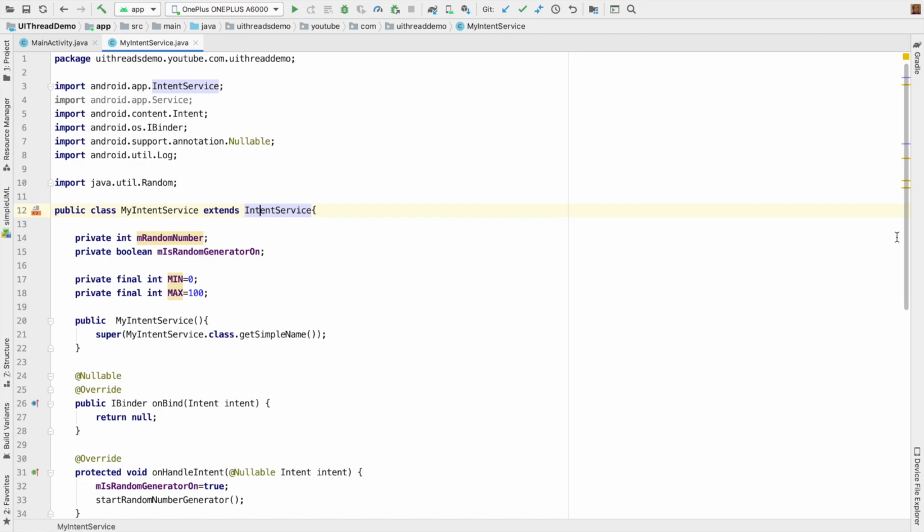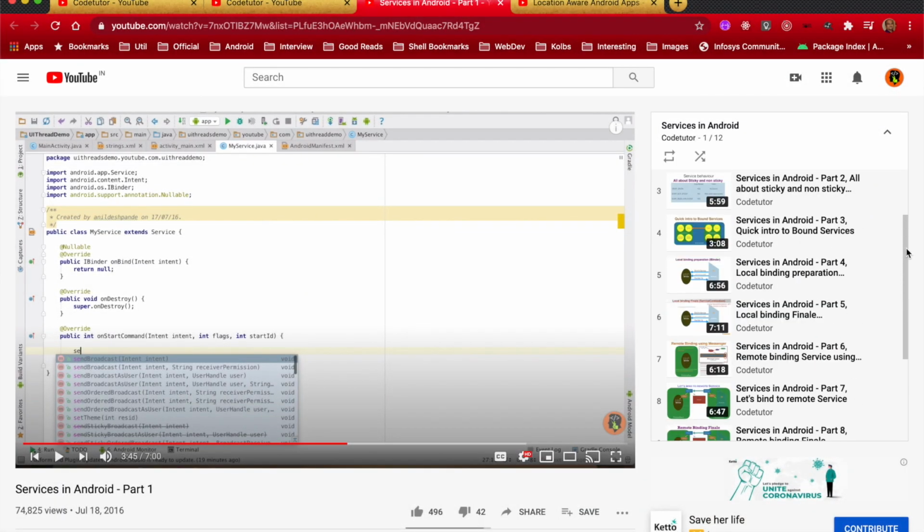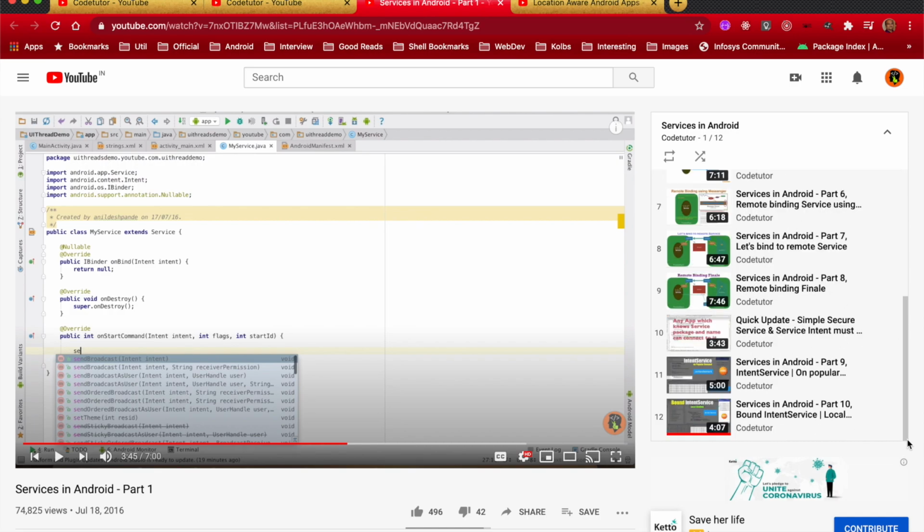those things. And unfortunately, I had not covered those concepts as a part of services series on CodeTutor. That basically means I have to tell you these concepts very clearly before we proceed with the remaining tutorials series on location aware Android apps.